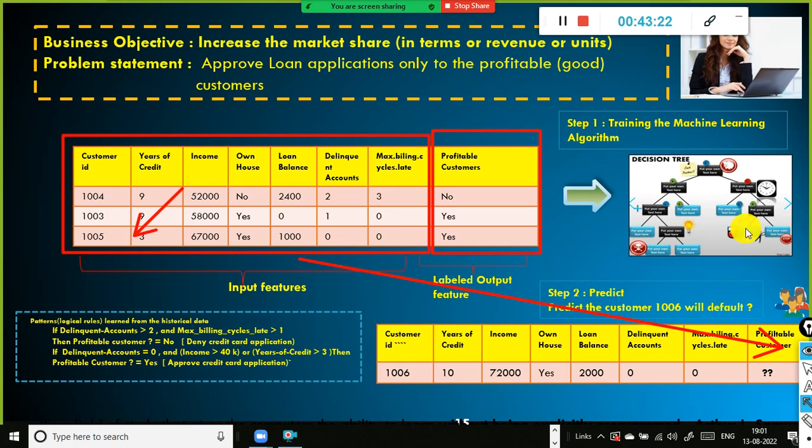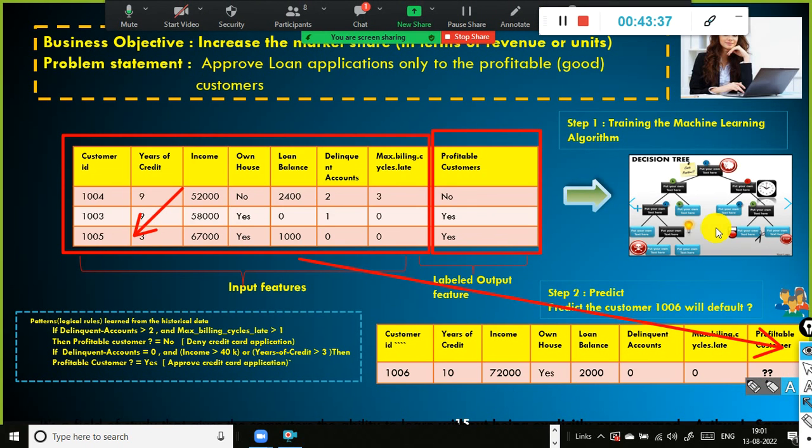When we train the algorithm, we give the input as well as the output. If the input is so and so, this is the output. We already told him upfront. But if any new customer comes, we do not know his output, right? So my algorithm has to predict the output based on the patterns learned from the historical data. Now you tell me which label it is going to predict here, yes or no. Apply this rule here and tell me. All of you, please give me the answer here.